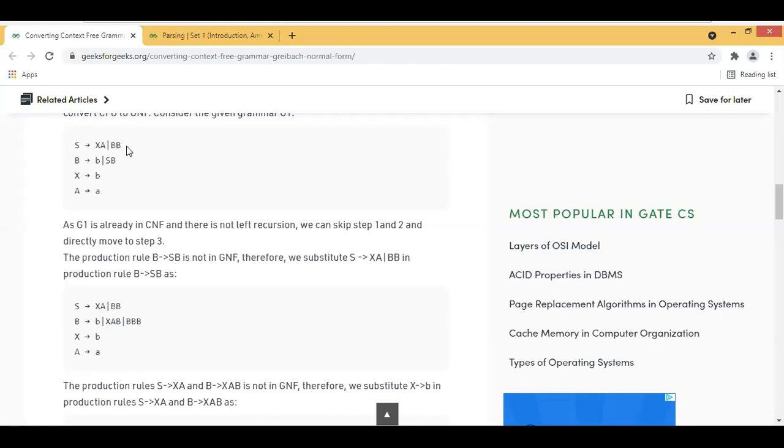S is not deriving any terminals. So we need to get the productions in the form of the GNF. We need to choose which productions are going to generate the terminals. X is generating the terminal because X is generating B, or A is generating A. So if you substitute these rules in the place of this S, then you can get it into the format of the GNF, right? So if you substitute B in the place of this, this will get in the form of GNF, like that. For that reason, I substitute the rules of S in the place of this S. Is it clear?